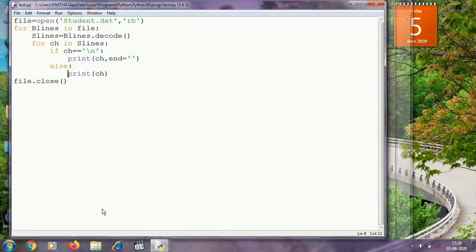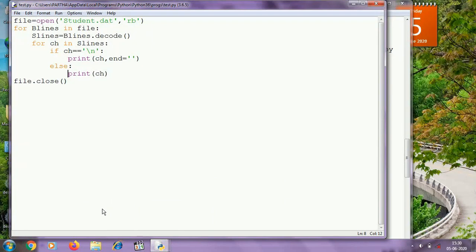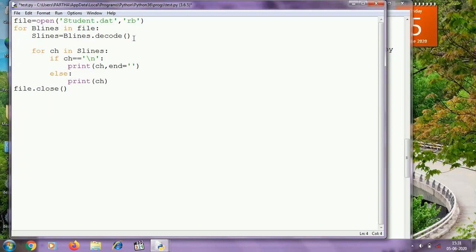Now I am going to show you how to fetch words from a binary file using file object. In this case, after converting the binary lines to string lines, I need to split the string lines using split method.